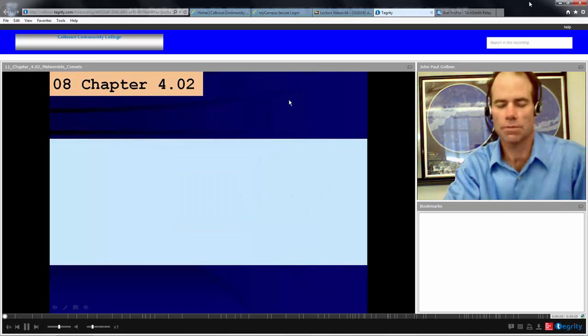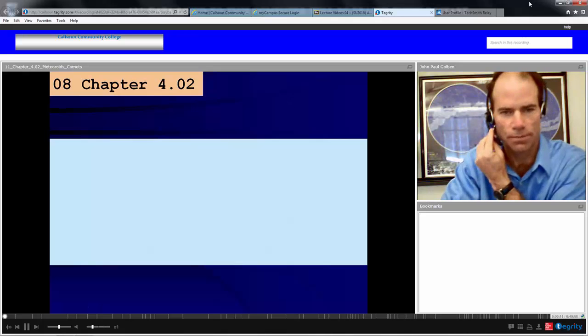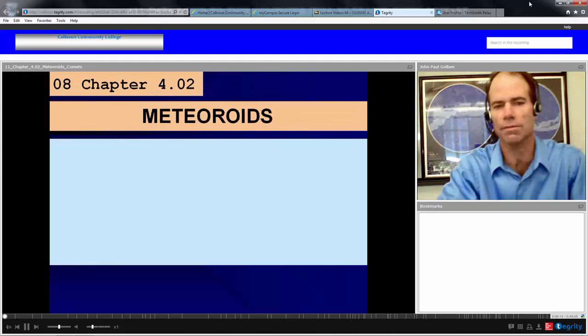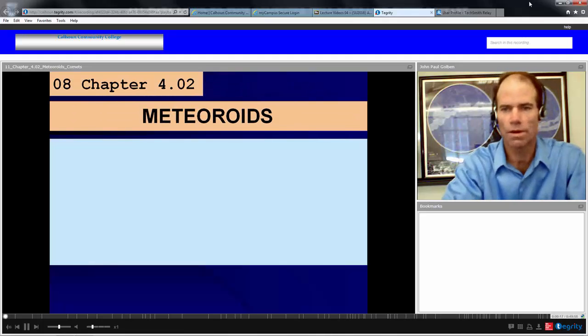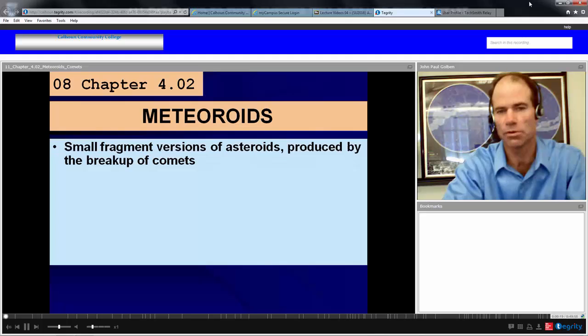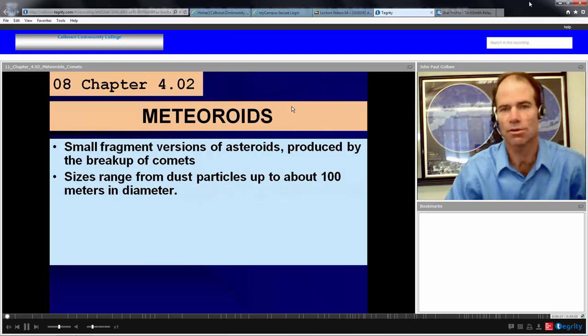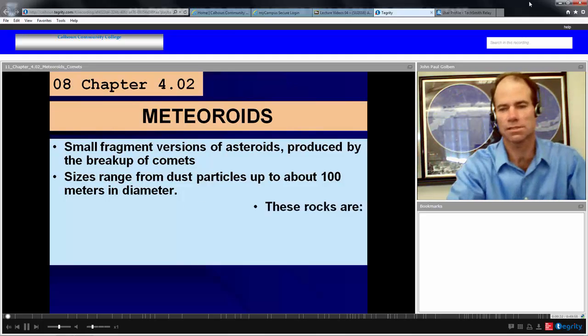Okay, last time we introduced what an asteroid was. It had to be greater than 100 meters in diameter. Well, now we'll introduce a meteoroid. A meteoroid is smaller fragments of asteroids produced by the breakup of comets. And in general, it's 100 meters or less. So a diameter of 100 meters or less would